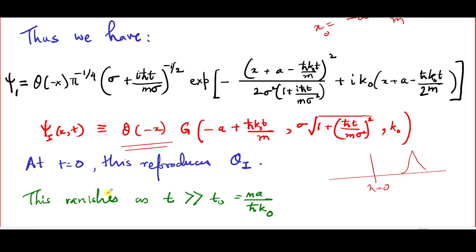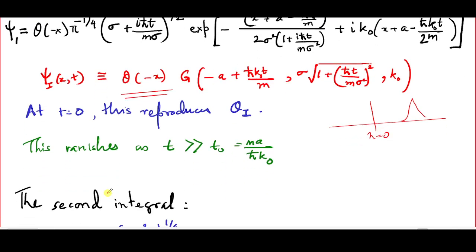That tells us, of course, that our identification of this as psi I is perfect. Of course, when I say it vanishes, it's not the wave function that vanishes, it's only this piece that vanishes. Its role is taken up by the other two pieces, psi 2 and psi 3, which are what we are going to examine next. So psi 2, the second integral,